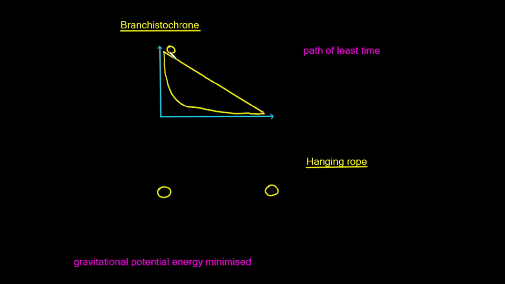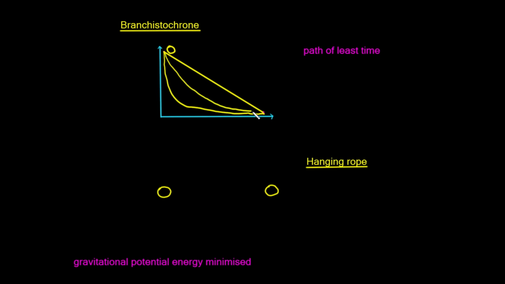This would mean that the ball would accelerate, so it would get up to a high speed at this point here, and then it would slow down as it worked its way along to the end. So we can see here that the ball may well travel from this point to this point in a quicker time. But the question is exactly what path is this going to take, because we could choose a path something